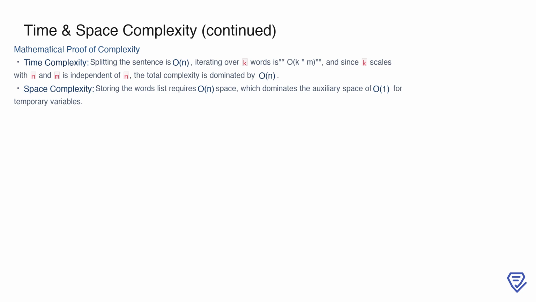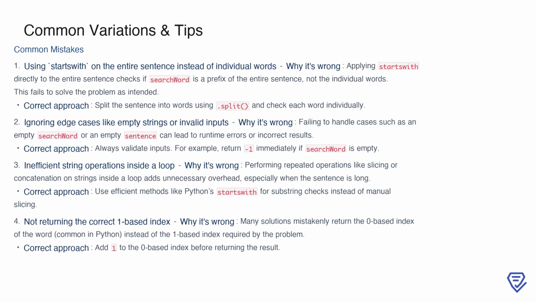This analysis confirms that the solution is efficient in both time and space aspects, leveraging Python's built-in functions to achieve optimal performance. When tackling this problem, it's important to avoid some common mistakes that can lead to incorrect results or inefficiencies. First, applying the startswith method directly to the entire sentence instead of individual words is a common error. This approach checks if the search word is a prefix of the entire sentence, rather than each word, which diverges from the problem's requirements. To address this, ensure you split the sentence into words using .split, and process each word